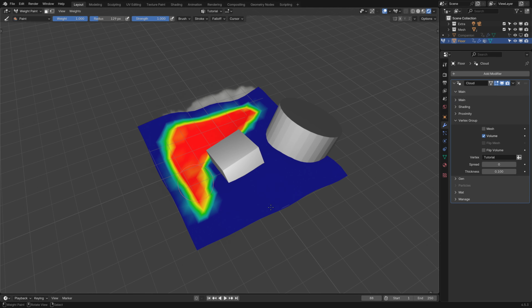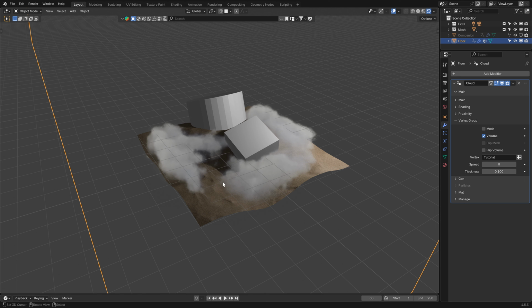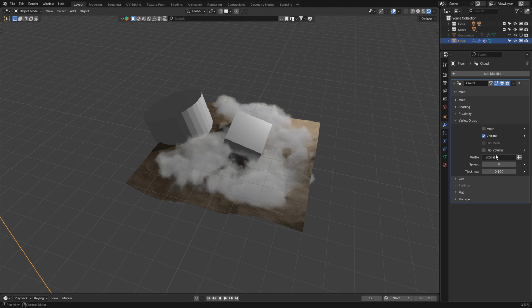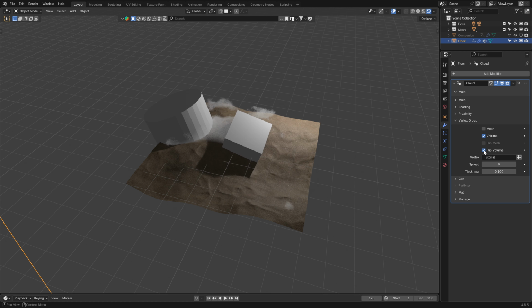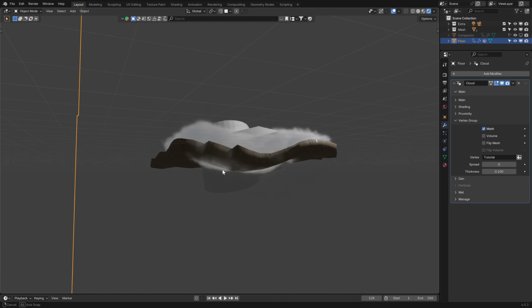If I paint here, go back to object mode, you can see now you have volume here. It's really useful. You can flip the area. And if you want, you can apply the vertex group for the mesh, to dissolve the mesh.